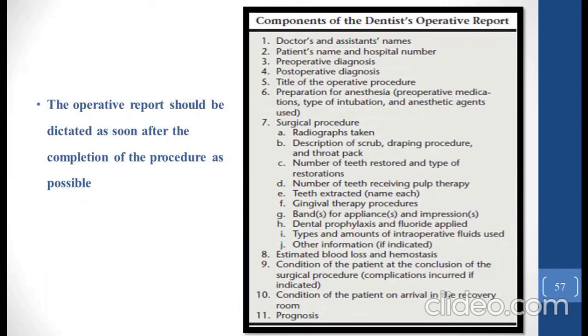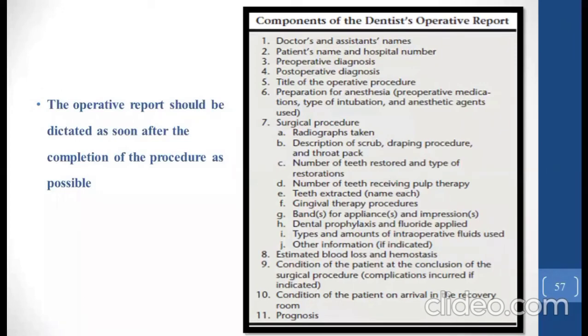That includes radiographs taken, description of scrub or draping procedure and the throat pack, number of teeth restored, type of restoration, teeth extracted, number of teeth receiving any pulp therapy, gingival therapy procedure, bands for the appliances and the impression, dental prophylaxis and the fluoride applied,